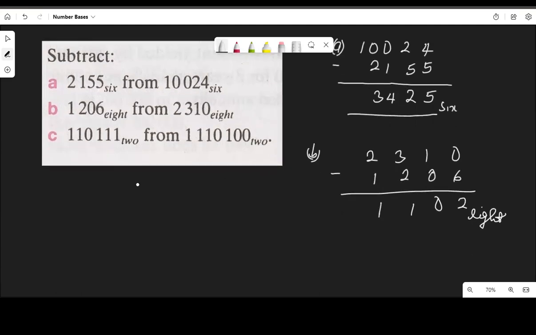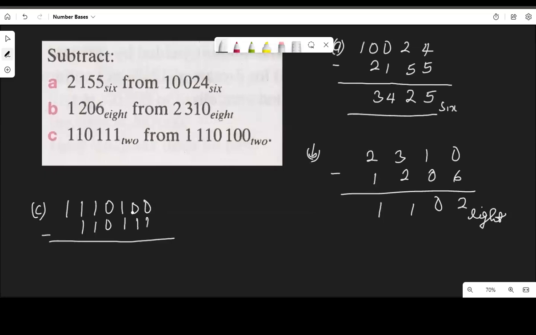The last one, they subtract 110111 from 111010. Have 111010 minus 111011. 0 minus 1, that is not possible, so we need to borrow to this place, then borrow from this place